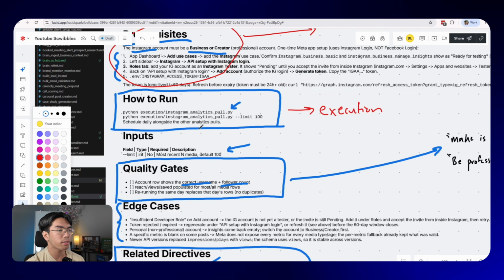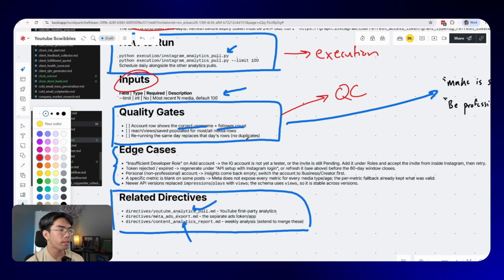Then we want to have the inputs. Most importantly, we want to make sure that we have our quality gates or our quality checking. And then edge cases and related directives. This isn't necessary for most early stage directives, but there's no harm in just letting your agent know that you want to have these edge cases tracked the more that you work with it. Because one thing to note, especially for edge cases, again, I didn't start with these edge cases. These edge cases started showing up as I used the agent more. And because of my constitution that had self-annealing, it taught the directive